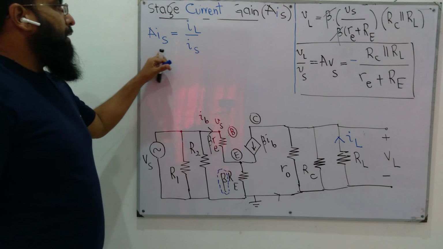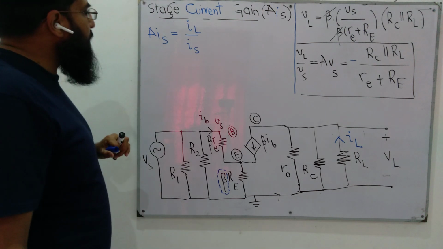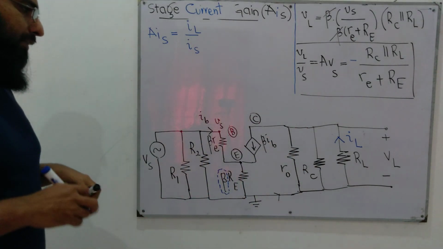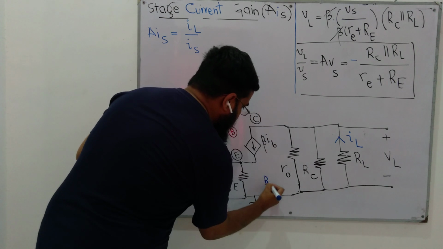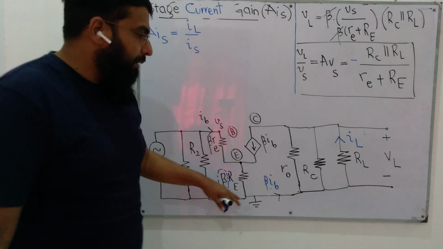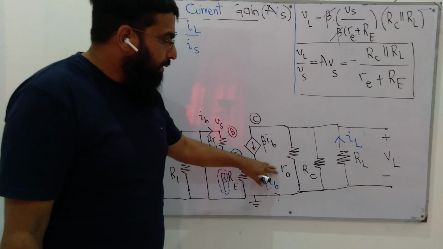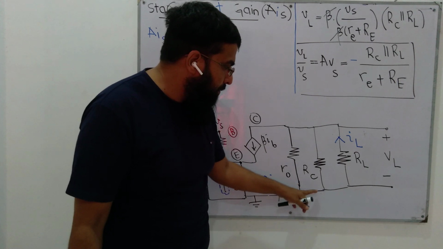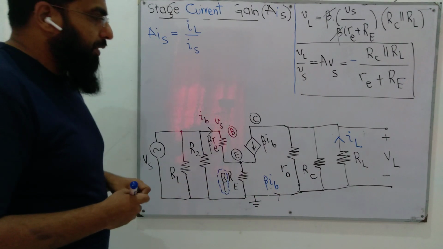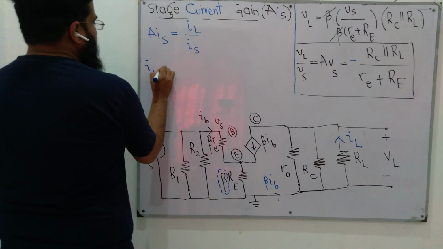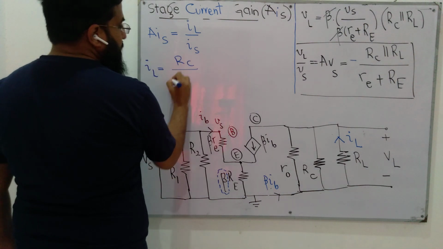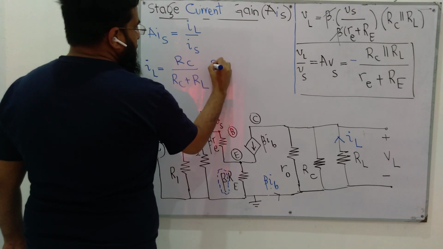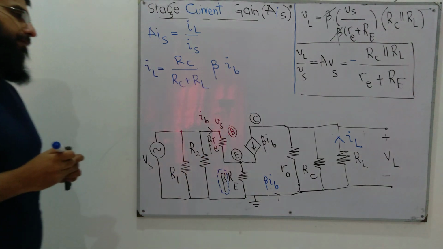So AIS, IL over IS, would be: IL is the current flowing through resistor RL. How do you find this current when we have this beta IP current? Beta IP current enters into this parallel combination. Since the value of R0 is very large, we neglect it. So this beta IP enters into this parallel combination. So according to the current divider rule, IL would be RC over RC plus RL